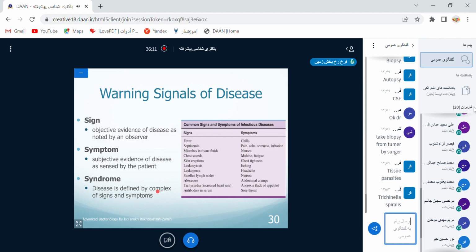The critical point is correct diagnosis by the physician, because sometimes there are complex signs and symptoms, and many signs and symptoms are very, very similar to each other. So laboratory tests mostly are helpful for physicians to make a good decision,